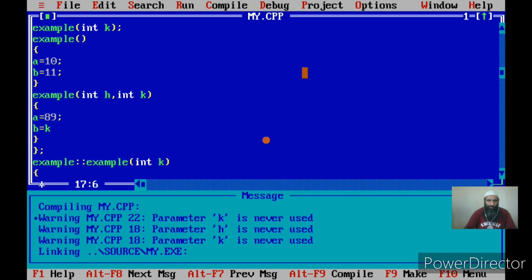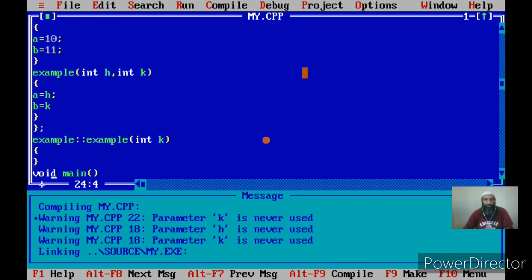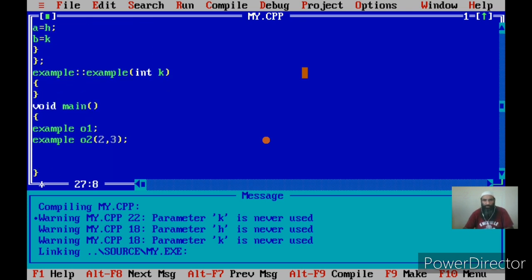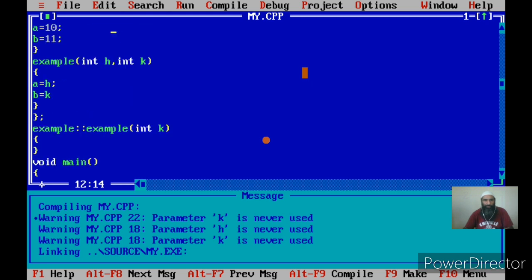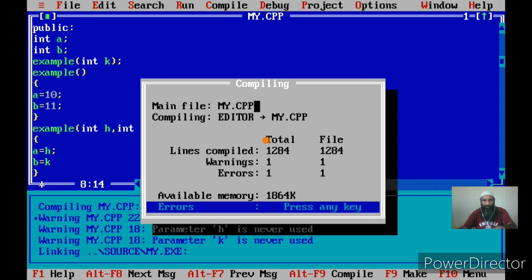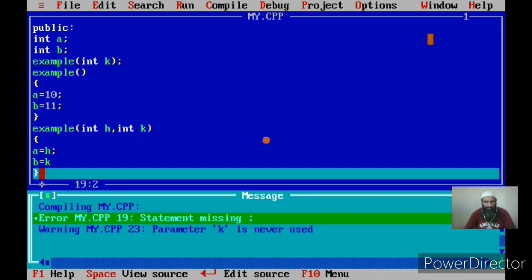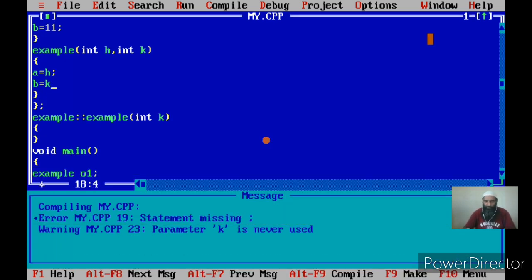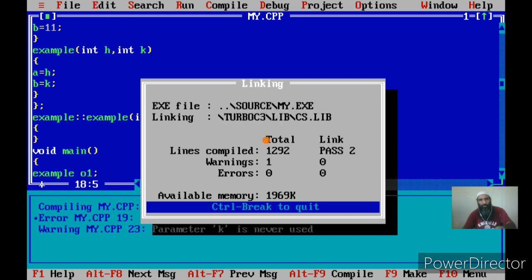So whatever the values of the formal parameters h and k are will be placed in a and b, based on the actual arguments at the point of call, that is here. In this case, a and b will be initialized to 2 and 3. Let us execute the call once again. There's the error. Let us see that. Oh, I have not placed the semicolon. Now I can make a call.